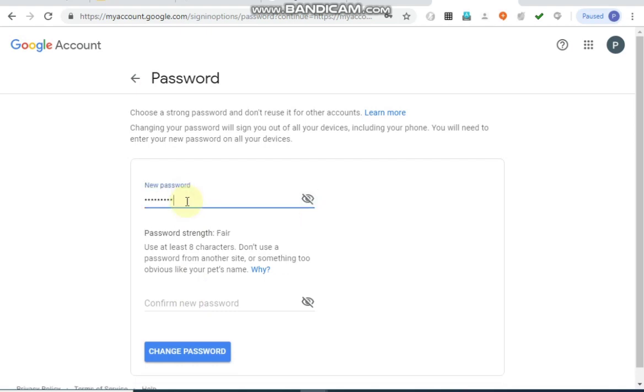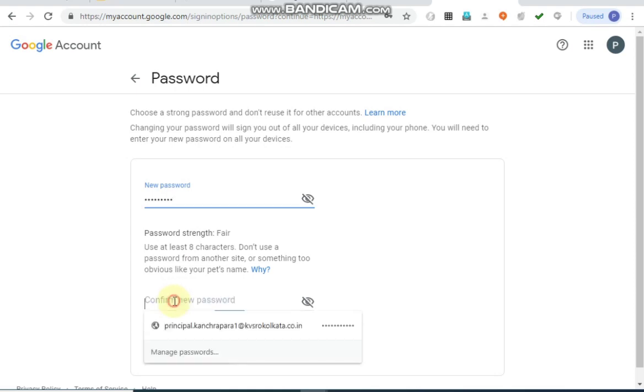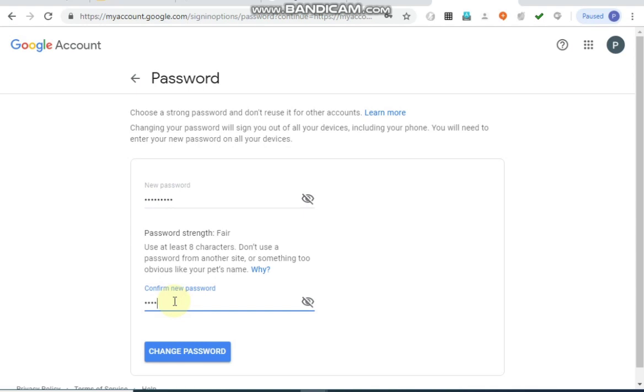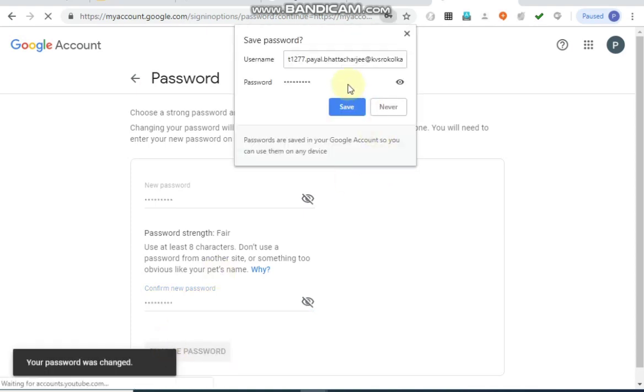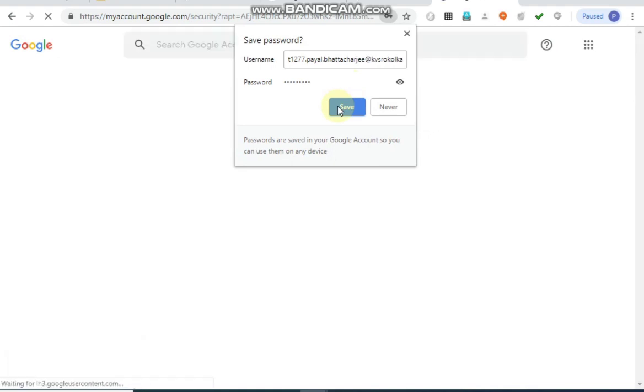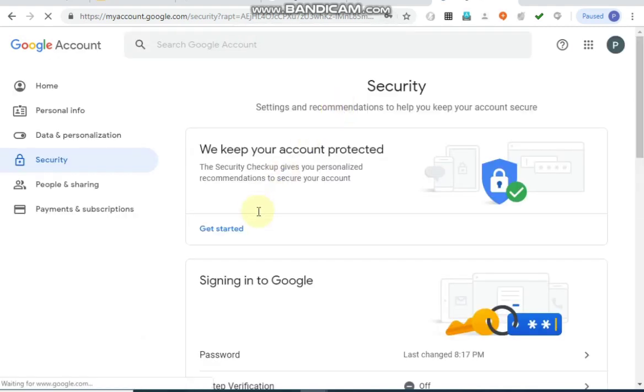It must be at least 8 characters, and it's better if you use a combination of capital letters, small letters, numbers and a special character. It will ask you if you want to save it. Okay, yes, my password has changed.